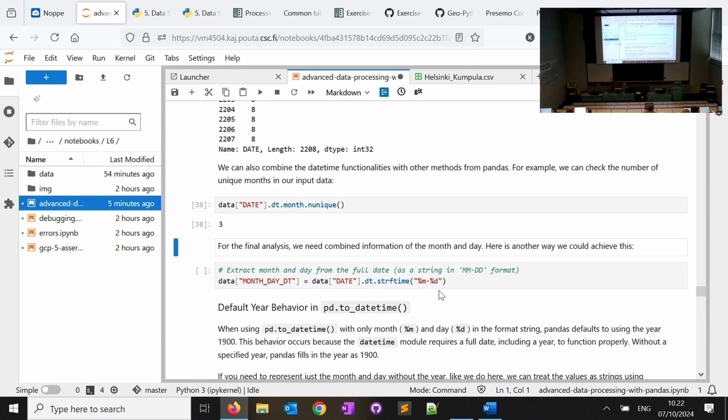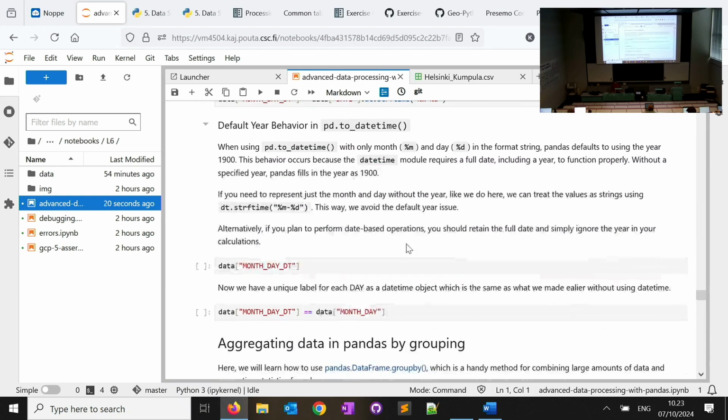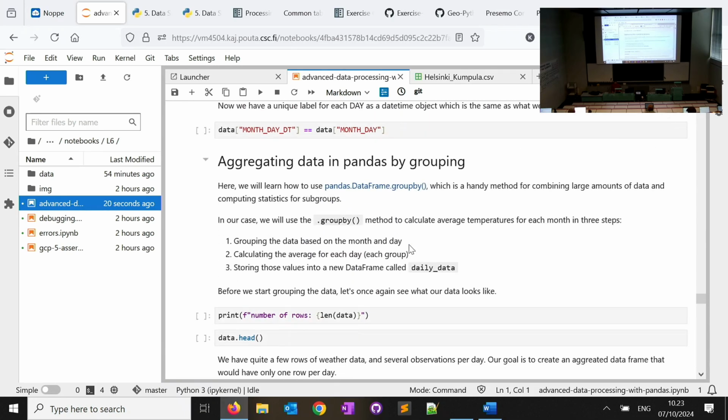What we did already with month and day, you could achieve also using this. You can use the month, day, and the date object we created to create this column. But we are not going to use that. It will give you the same output as what we had. We are already happy with the MMDD we created, and we are going to take a break now. After that, we are going to continue with our data aggregation. So let's take a 10-minute break and come back here at 33.